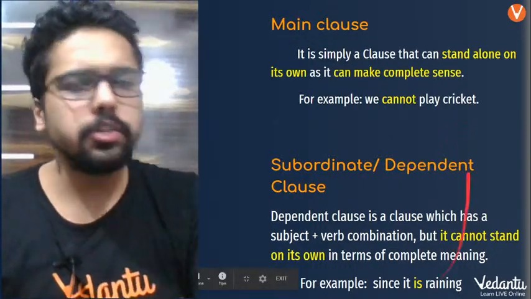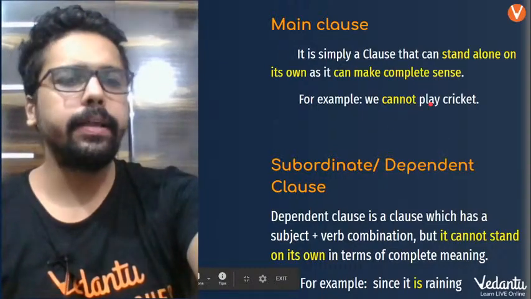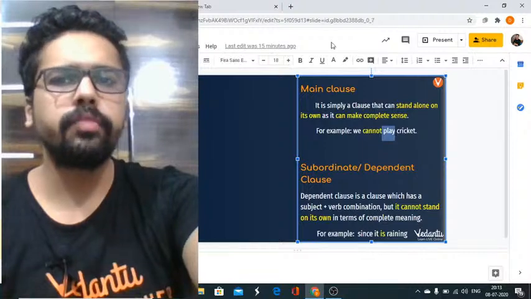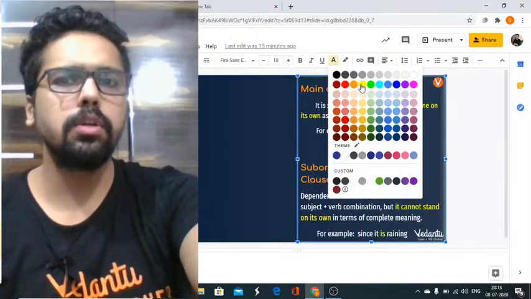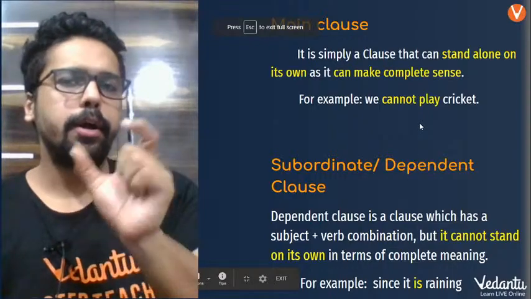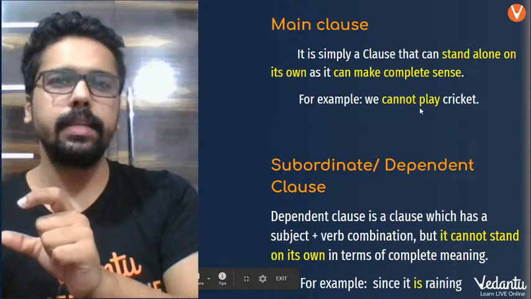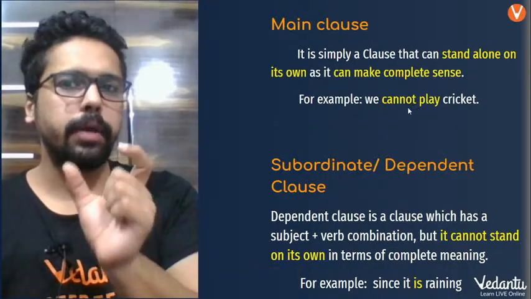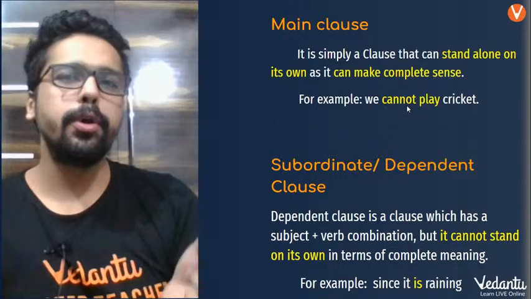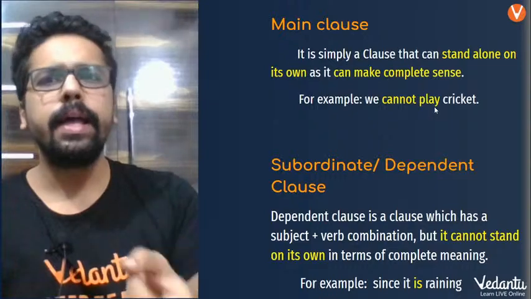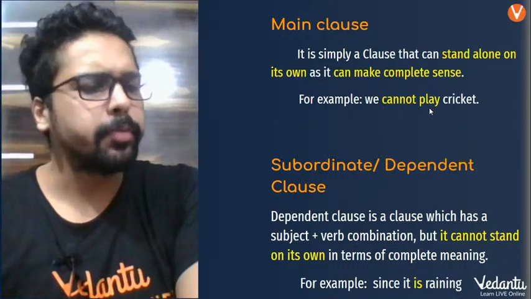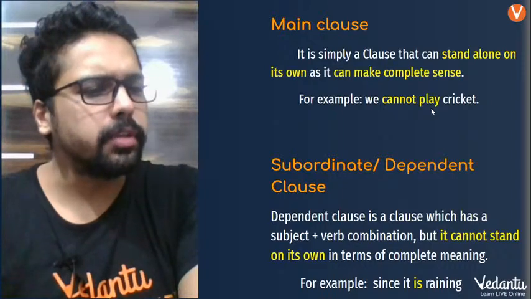Yeah. So Akash has rightly pointed out, in we cannot play cricket, play is also a finite verb. That's correct, Akash. Actually, cannot play is considered one finite verb together, because cannot is basically a modal auxiliary verb that is used here. So we cannot play or we could not play. It is actually a finite verb, and play, of course, is the first form of the verb, so that's V1 anyway. Good job, Akash. That's wonderful.